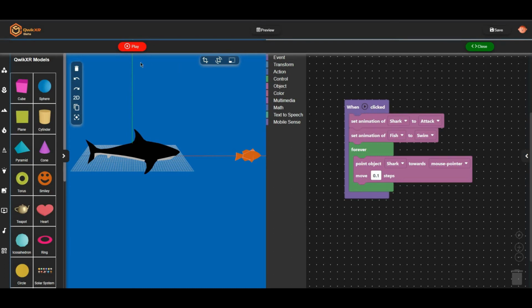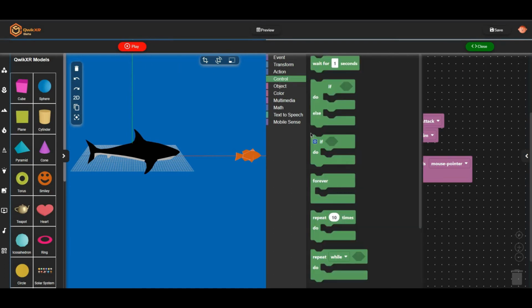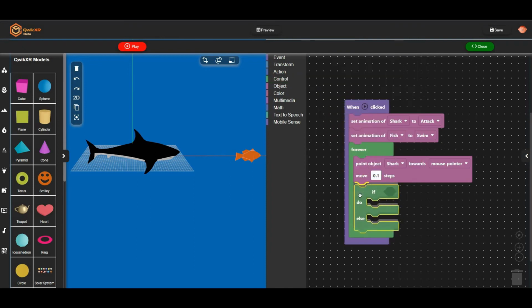We're going to grab the if-else block from the control group and place it under the forever block. This block means that if one certain thing happens, then something else will happen. We want our fish to hide if it's been eaten, only if the fish touches the shark. So, we need to add a sensing block to check whether the fish is touching the shark or not, which